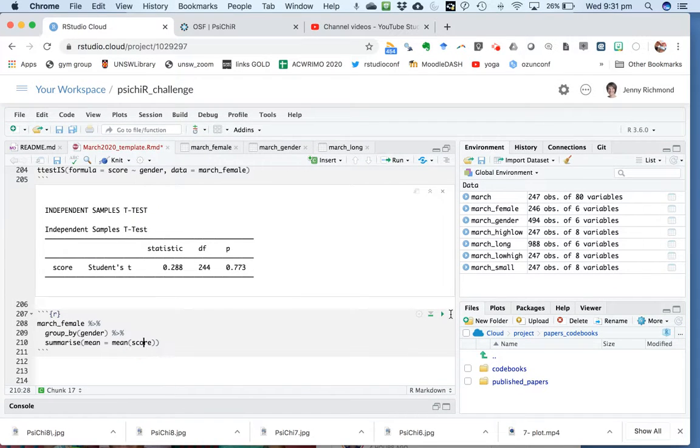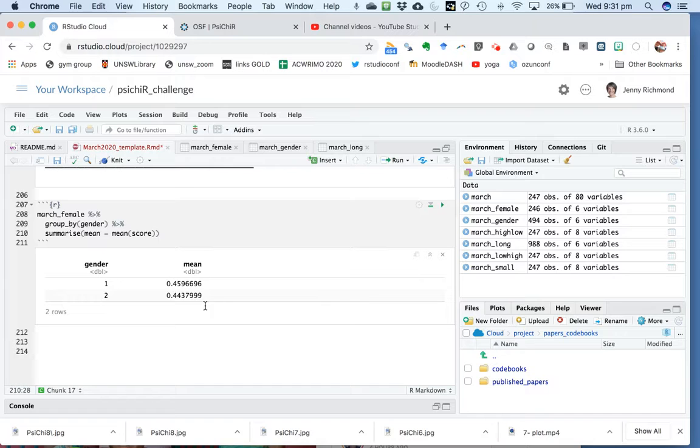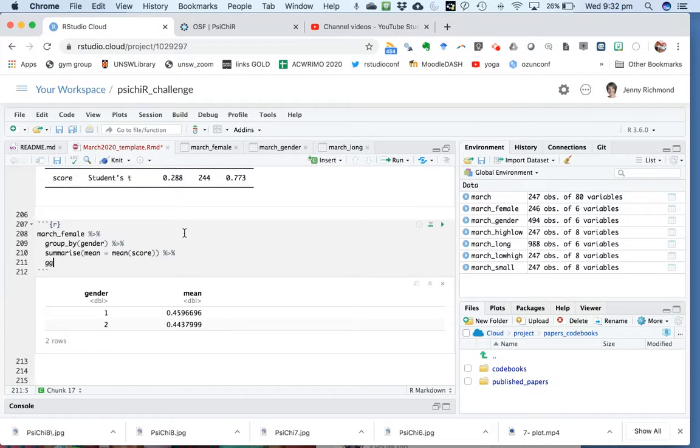If anything at all, what is that going to do? Good. Oh yeah, it's just thinking really hard, right? So yeah, it seems like gender 1 and 2, I'm not sure which way these go, but the mean performance is pretty similar for males and females recognition of female psychologists, right? We can just pipe that into a ggplot like we did before